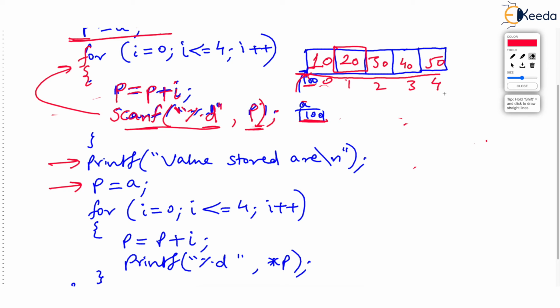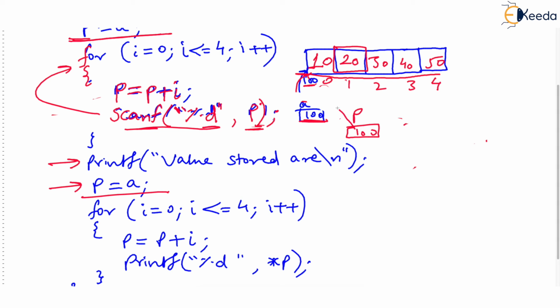But when we are ready to print the values of the array, that too using the pointer, then we will again say p, you better point to a again. See this line, p is equal to a. So p points to this location again. And we are now ready to tell p that hello, you are pointing to the 0th location, so print it. Then move to the first location, so p will move to the first location, print it, and so on.